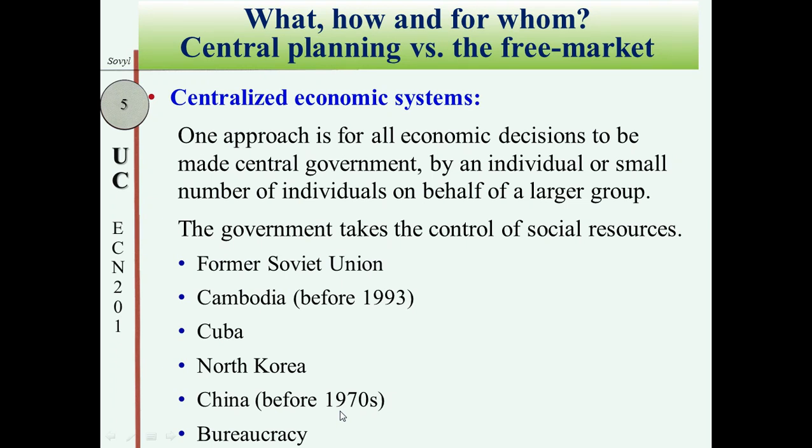Okay, China decided to change from a centralized economic system to a free market system in 1977, 78, and after that Vietnam in 1980 something. I don't remember exactly, but after China changed, Vietnam also changed. These are examples of